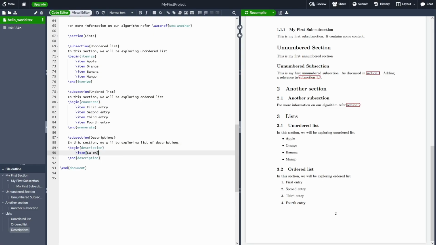The word is LaTeX. Now my entry is the description of the word: a typesetting software that helps us write beautiful documents easily. If I recompile,